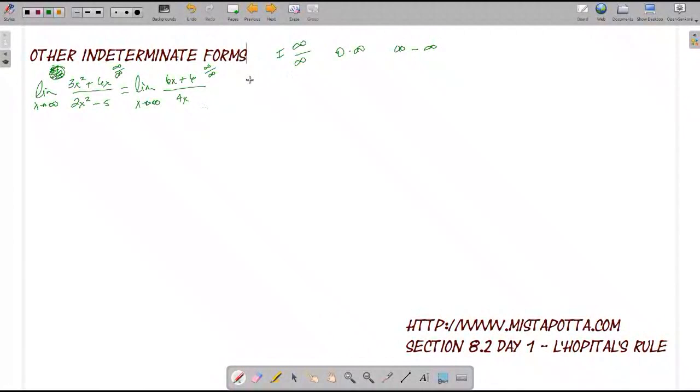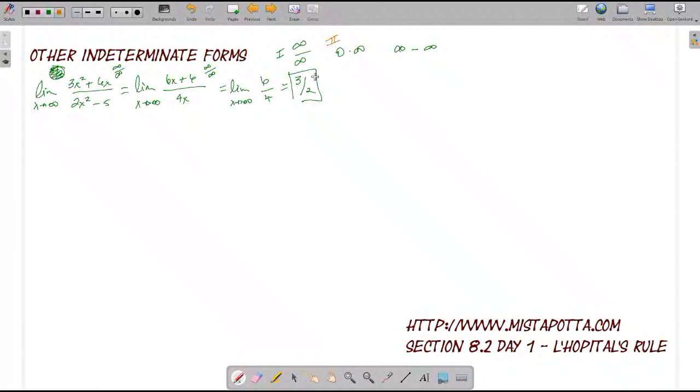And applying it a second time is going to give me the limit as x approaches infinity of 6 over 4, and that reduces to 3 halves. So this is one situation when I've got this infinite over infinite limit that I can use L'Hopital's rule to evaluate it. The second time where I could use L'Hopital's rule is where I have